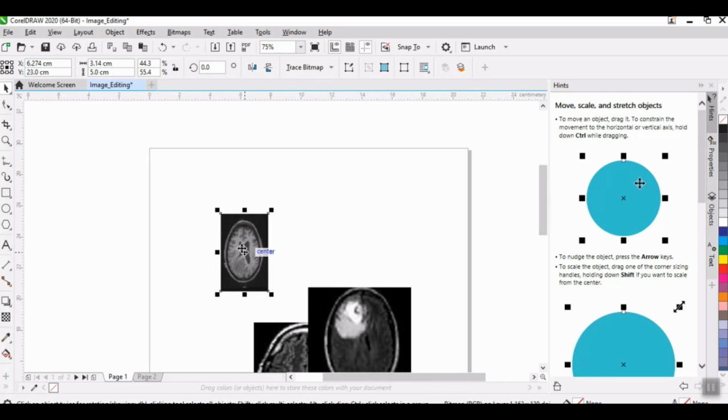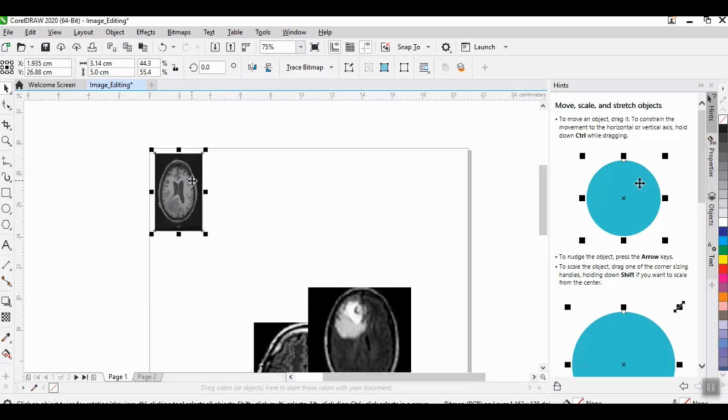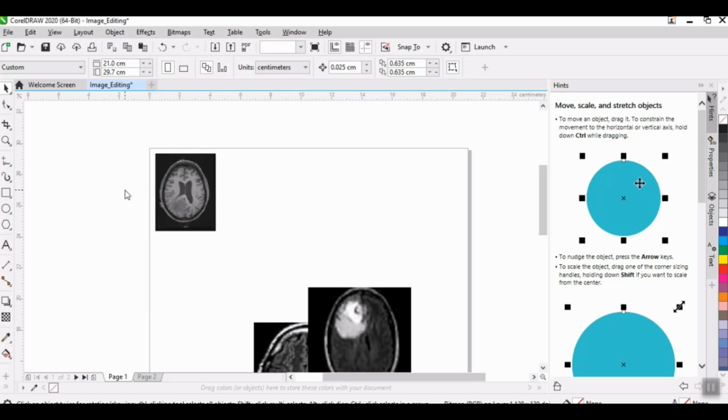Why do we open an additional page and do this crop operation in that? Because only the selected area will be retained and all the other objects available in this page will be left out. So if you do this operation in this page, all these images will be lost. Clear? So always open a new page and do this cropping operation. Now adjust the size. This is 4 by 5 centimeters, and adjust your image accordingly.